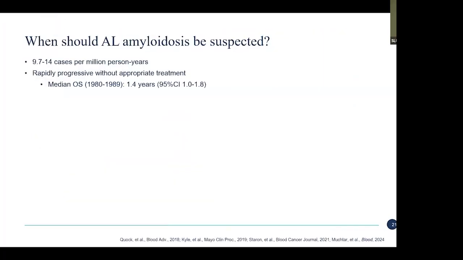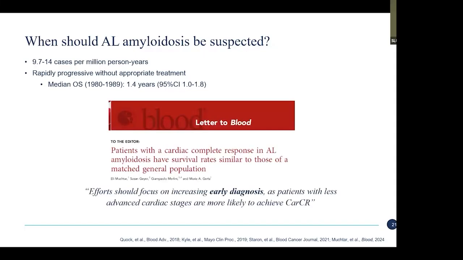And just a few words about AL amyloidosis, because we've come such a far way with it, and it's really rare, 9 to 14 cases per million person years. So why should we care? Well, the median overall survival, if there's not effective treatment, is only on the order of less than a year and a half. But recently, we have such good treatment